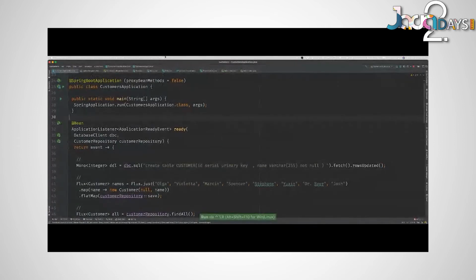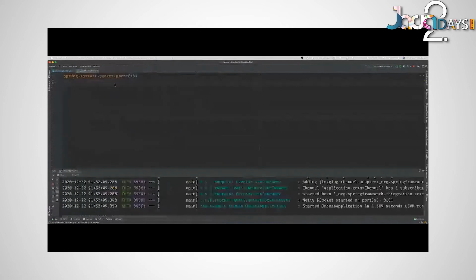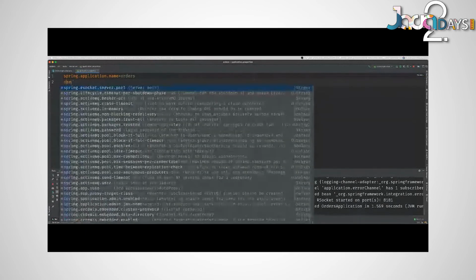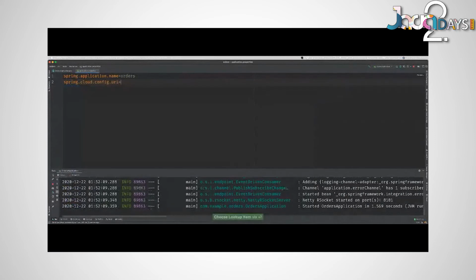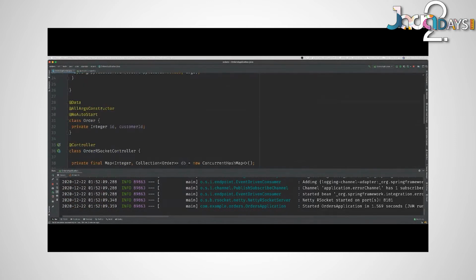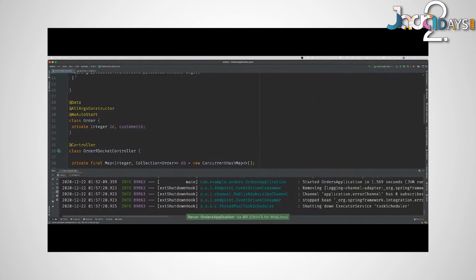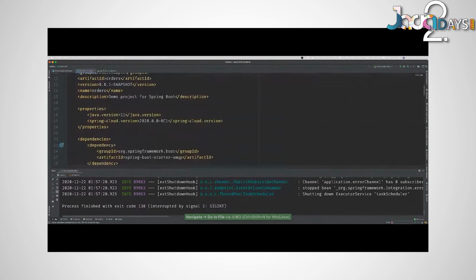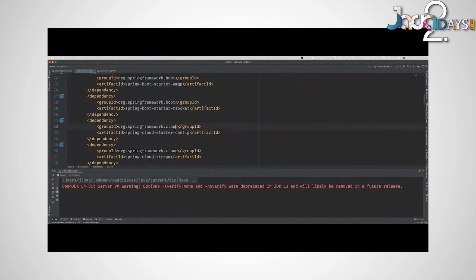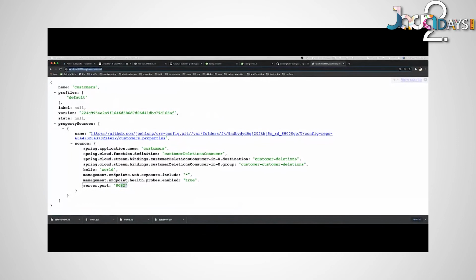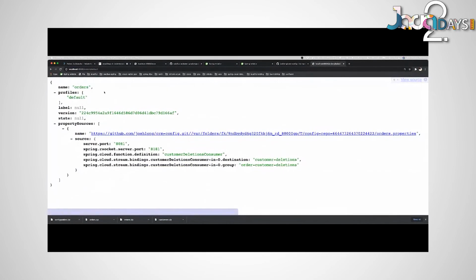And then over here on the order side, we need to do the same thing. We're going to say Spring application name equals orders, Spring config import, config server colon. Okay. Now, this will start up. Let's see what the configuration is. Oh, did I bring in the build dependency? Config, it's there. Good. Okay, so that'll start up. Now the config server is going to create the RSocket endpoint on port 8181.